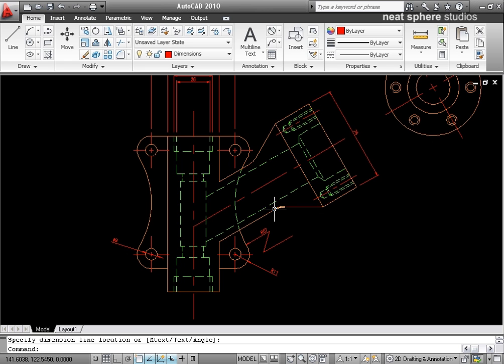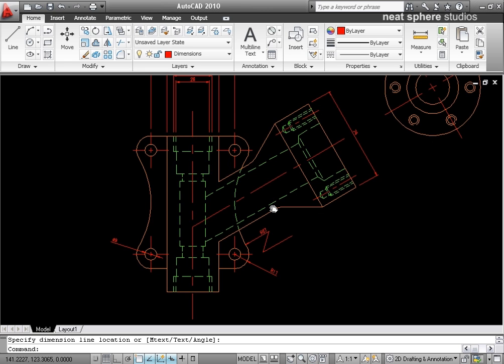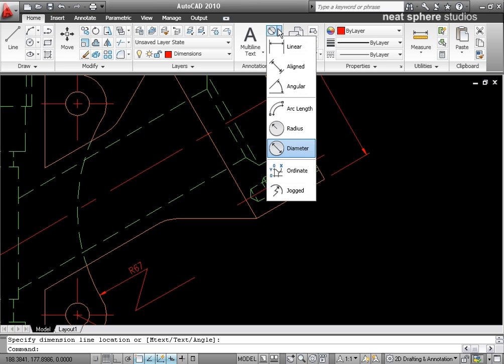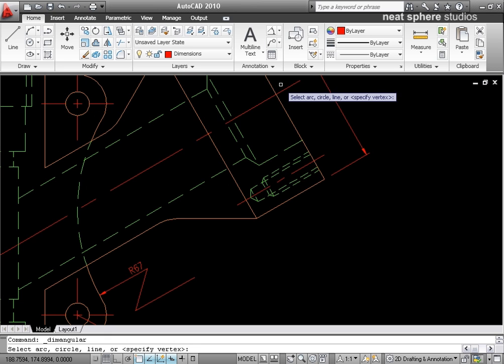One other dimension that I might need to use is going to be the angle dimension. So you may well have the angle of this line from the horizontal. So we'll come down here and we'll pick our angle dimension, and I'll select the arc. There we go, I'll select the line, so that's the first line. And then the second line, which is going to be the angle that it's going to be from, is going